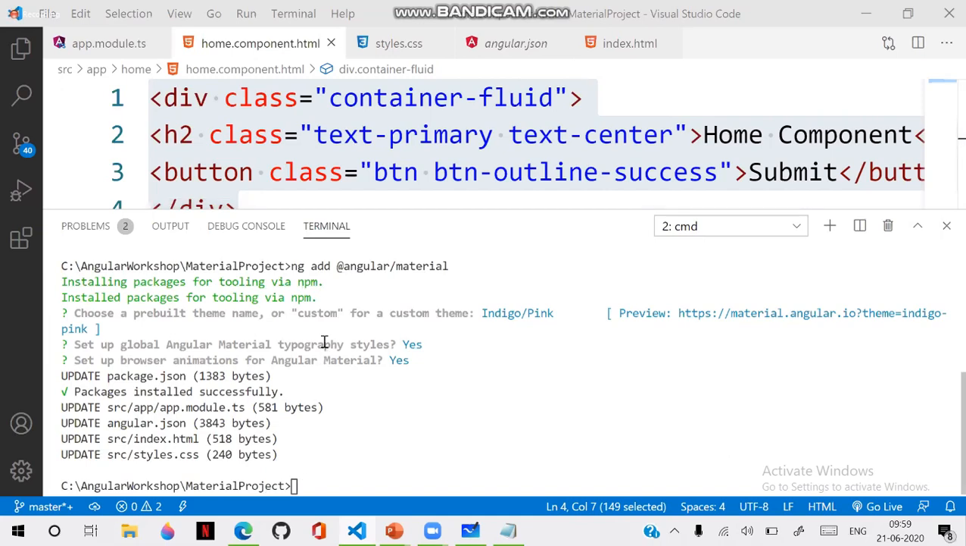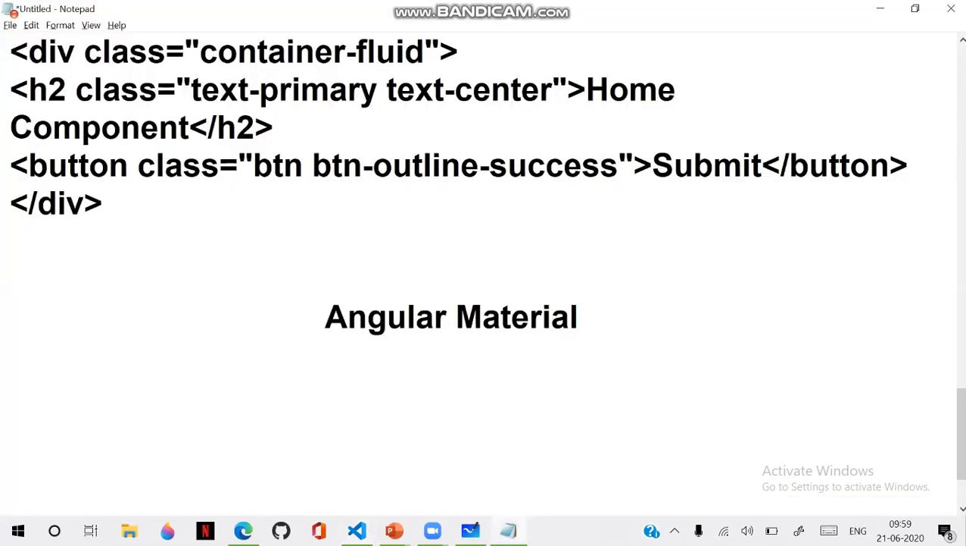So now Angular Material is added. It is ready. It is configured successfully. Now the next important point is, once it is added, how do we start using it? Angular Material is added, so what do we have to do? You just have to install, or simply say add, Angular Material